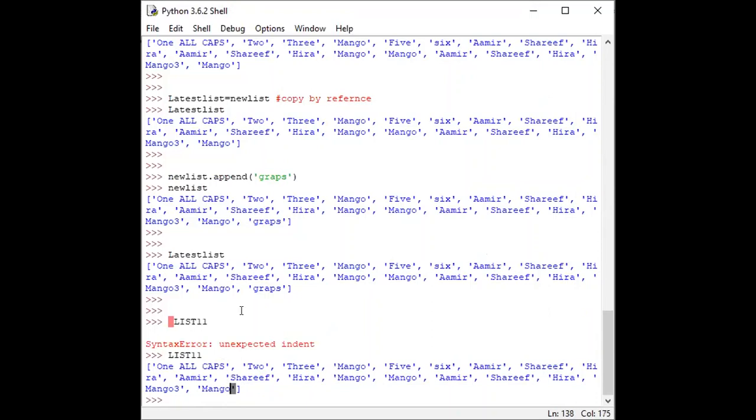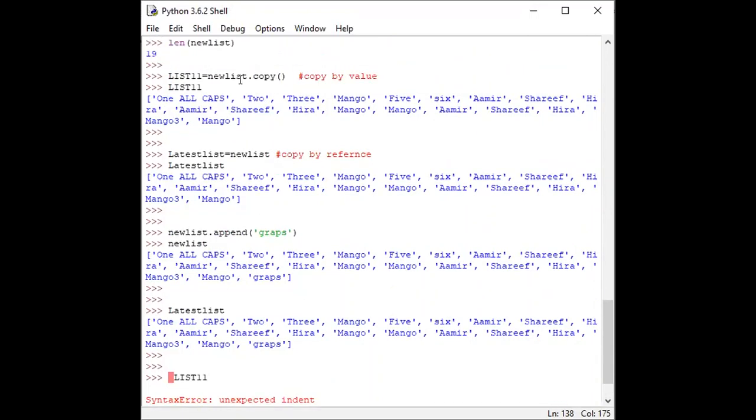So what is the difference of both copied formats? When we copy any list by using dot copy and empty brackets, it means we just copy all the elements of the list as a value directly to the other list.